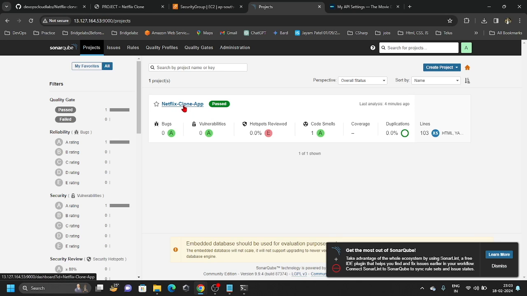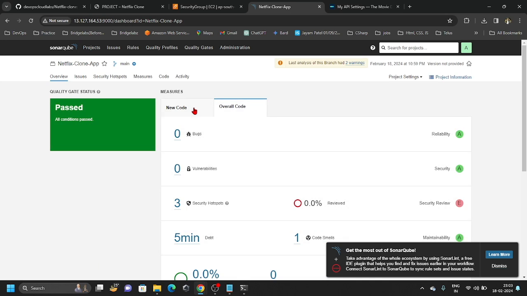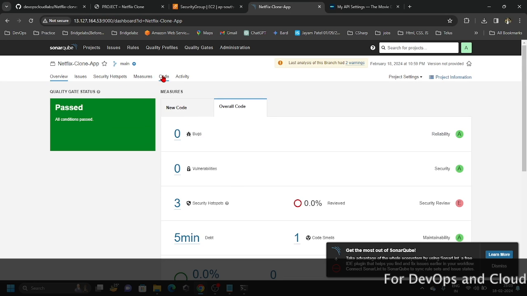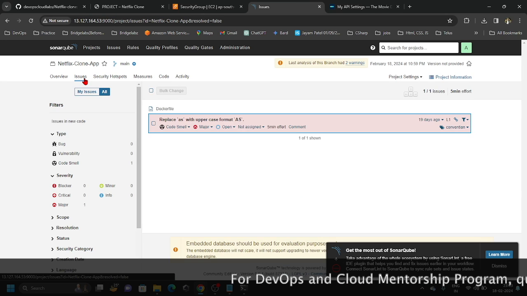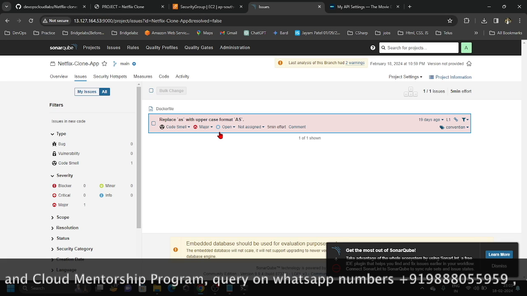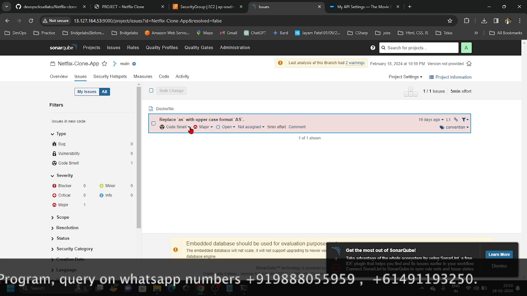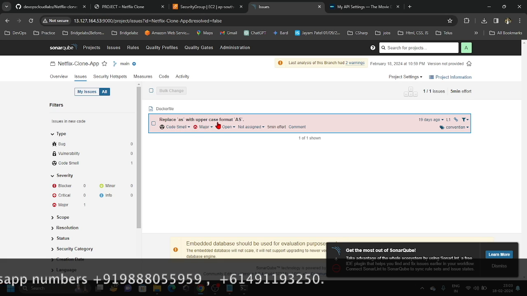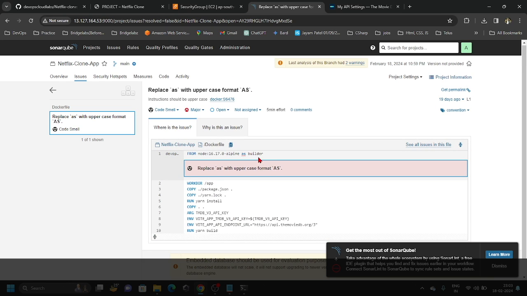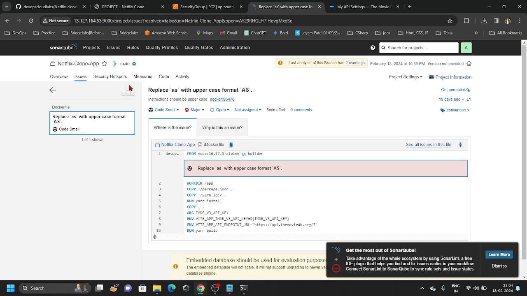This is the report. You can see here 103 lines, and code smell is 1. So I can show you what the code smell is. You can see here in issues. So it is showing only one code smell. It says to replace AS with uppercase format AS. So this is the quality level thing that it is asking us to replace this AS with capital AS. So this kind of things